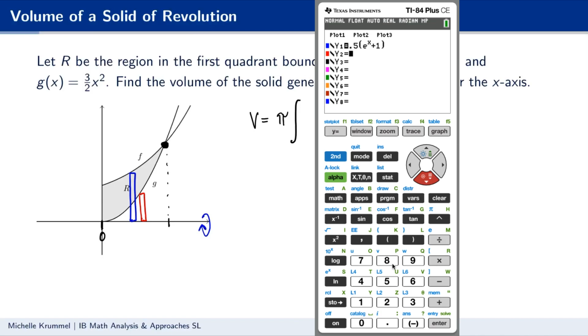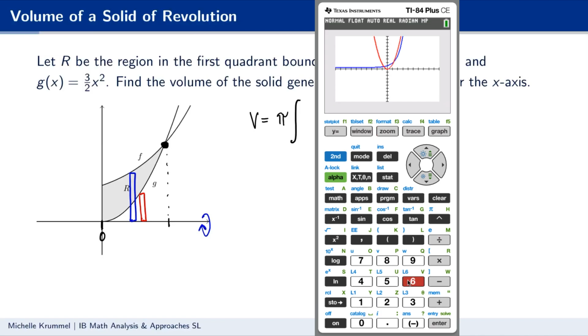So it's 3/2, or 1.5, times x squared. And I usually start by just trying zoom 6 and seeing if that gives me a decent window. All I'm really looking for is that point of intersection, so I don't need to have the best window here. I can see the point that I'm looking for